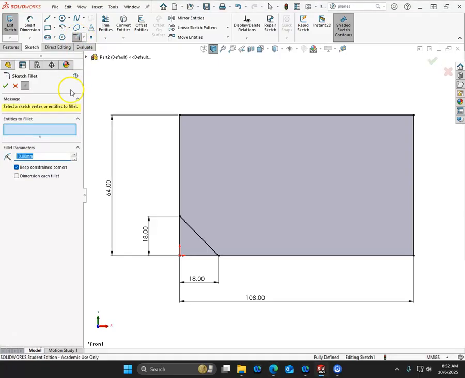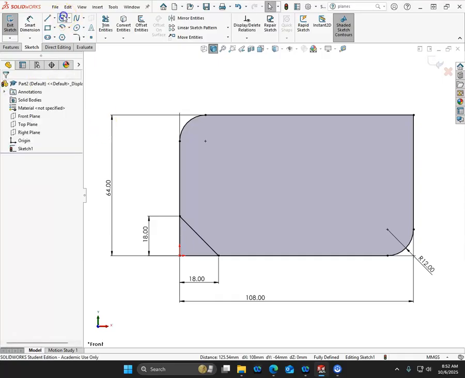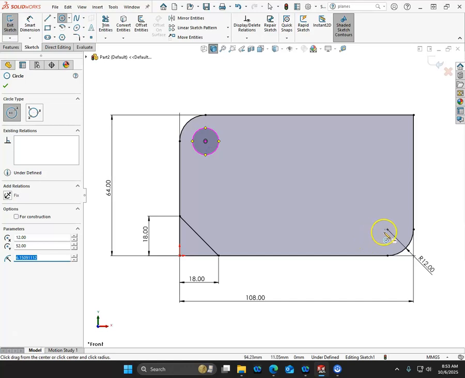So we go into the entities to fillet, and our radius is 12. Then again, your selection for the sketch fillet is the vertex where the two lines intersect. If the lines don't intersect, you can always select two objects, and it will give you similar results. We can dimension each fillet individually. So if for some reason there were different sizes, if I dimensioned each fillet, I could go back and change them accordingly. All right, so the circles go in,